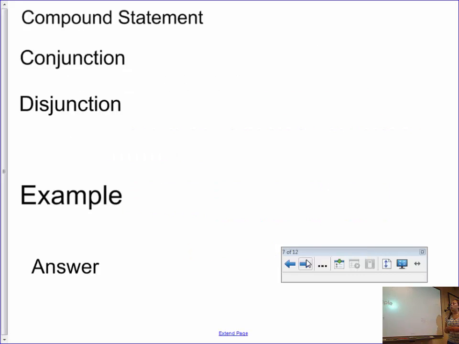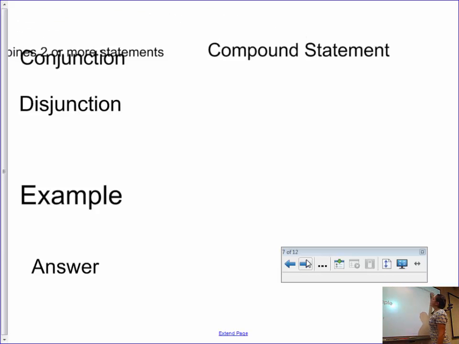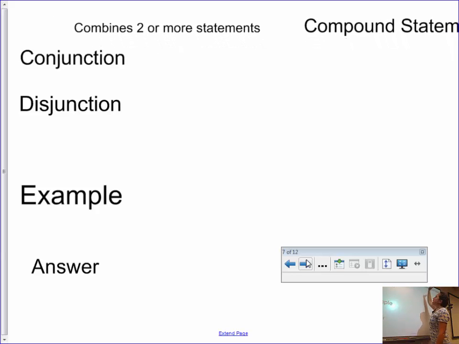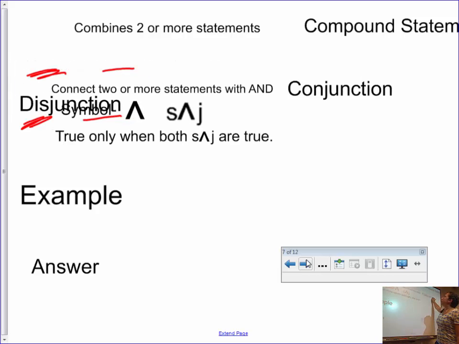All right, so what is a compound statement? Like compound words, compound sentences, anything like that, you're taking more than one thing and stringing it together. So our definition for a compound statement is that it combines two or more statements. There are two ways that we can do this, either with a conjunction or disjunction. Con, with, dis, not with. Okay? So your conjunction and your,